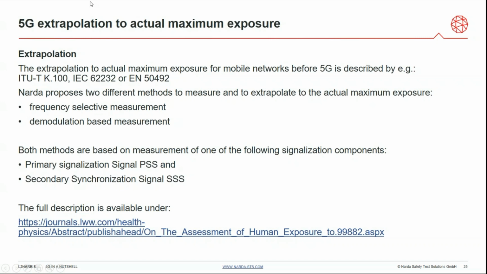The extrapolation to actual maximum exposure for mobile networks is already roughly described in the ITU K.100, in the IEC 62232, or the respective European norm EN 50492. And we are proposing here two different methods to extrapolate to actual maximum exposure. One is in the frequency domain, so frequency selective measurement. That is good enough if you are in the early phase of 5G introduction, so if the